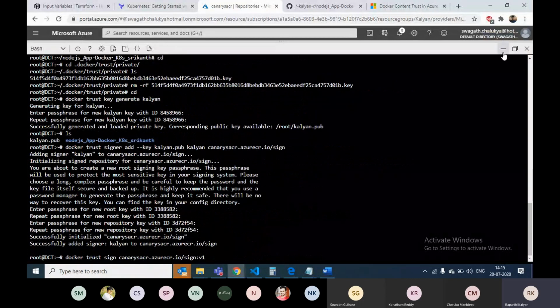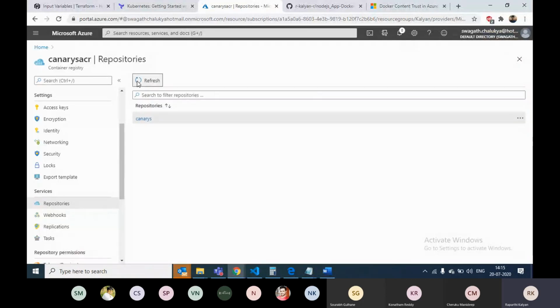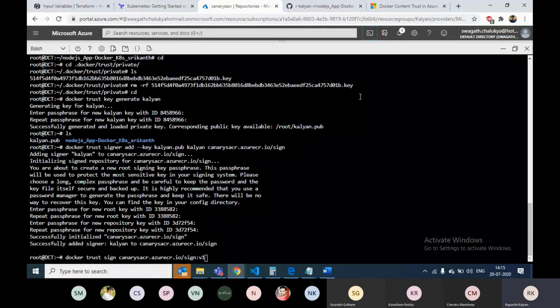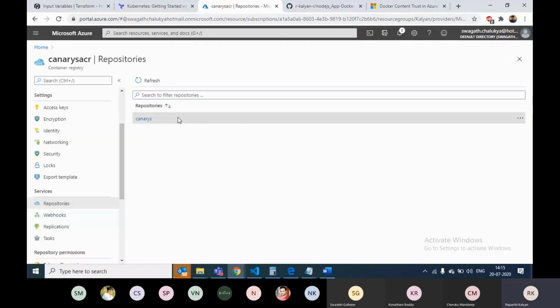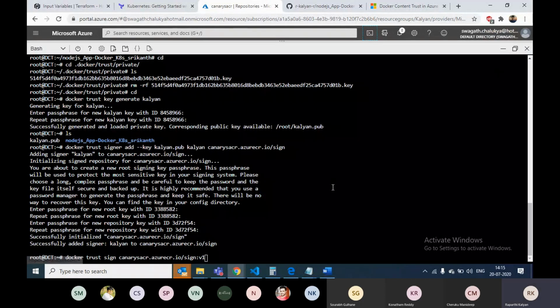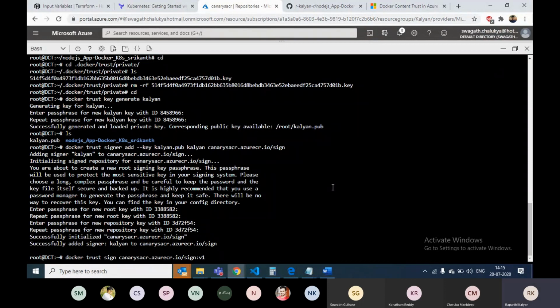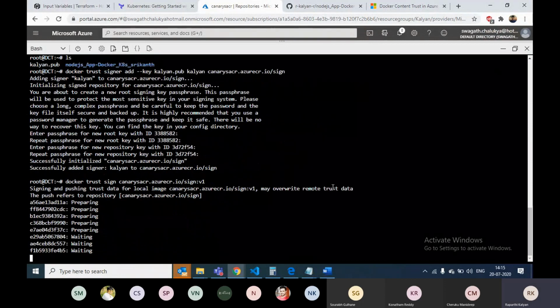So as you can see, I don't have any image which is a signed repository. I have only canaries, right? So I'll just sign this image and push this.